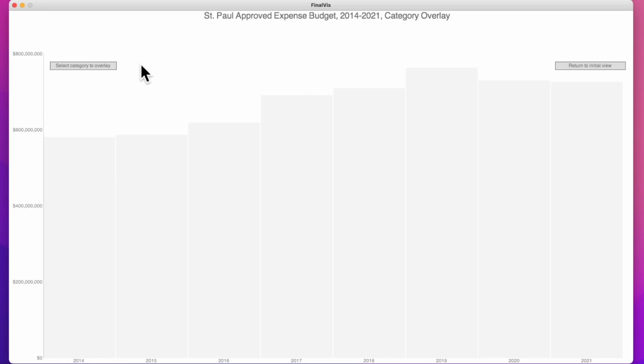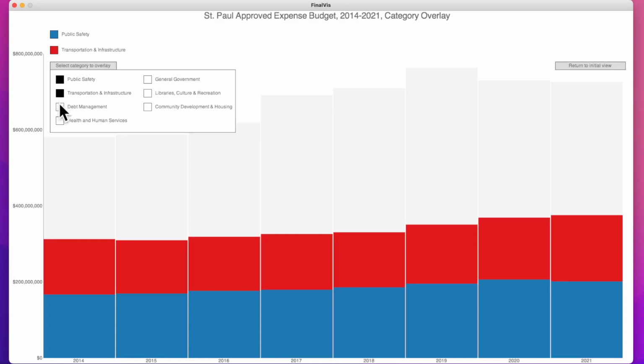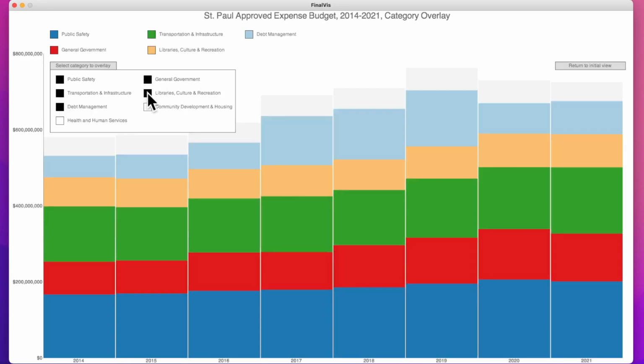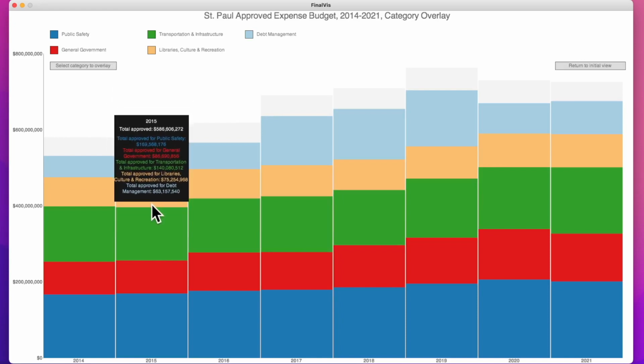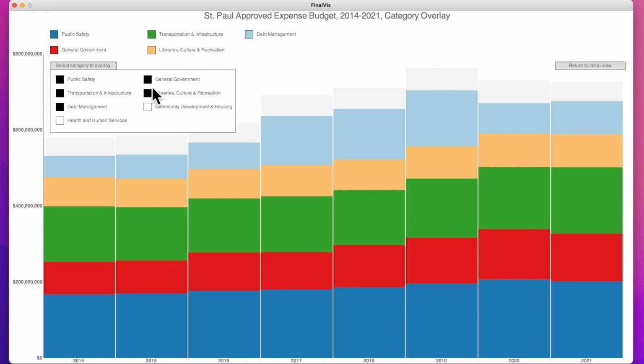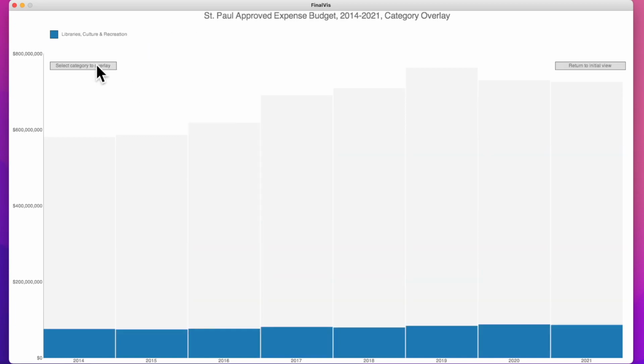From this view, users can select any number of different budget categories, which will dynamically add them to the chart. The legend populates according to the number of categories selected. Tooltips also dynamically adjust based on the categories selected. This workflow gives users a more immediate view of how different budget categories shrink and expand over extended time periods. For example, users can gather that the libraries, culture, and recreation category receives an extremely consistent amount of funding for